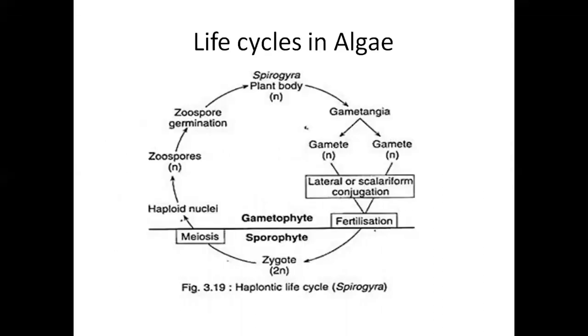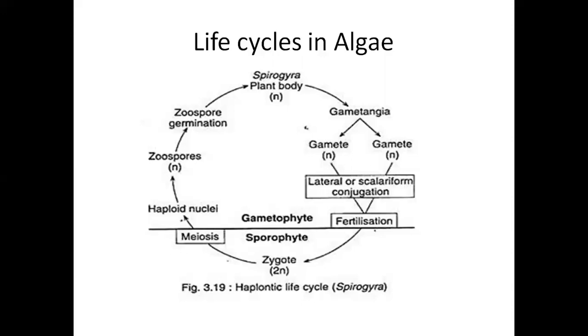Now, we will start with the haplontic life cycle. Generally, it is found in Spirogyra. Now, here what happens? The plant body is gametophyte. Gametophyte means that it is haploid. Now, the gametophytic plant. See here, haploid nuclei. The above stage in the diagram represents the gametophytic stage. Now here the gametophytic plant develops haploid gametes in the gametangium. These haploid nuclei are developed in the gametangium, and gametangium is the organ where these spores are